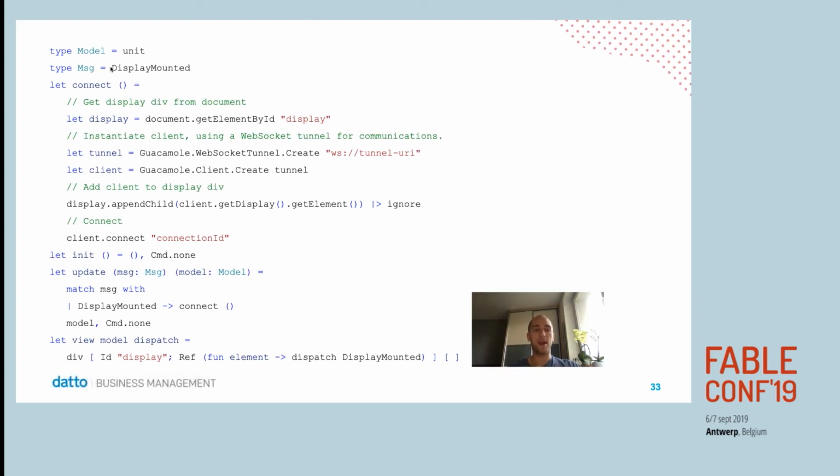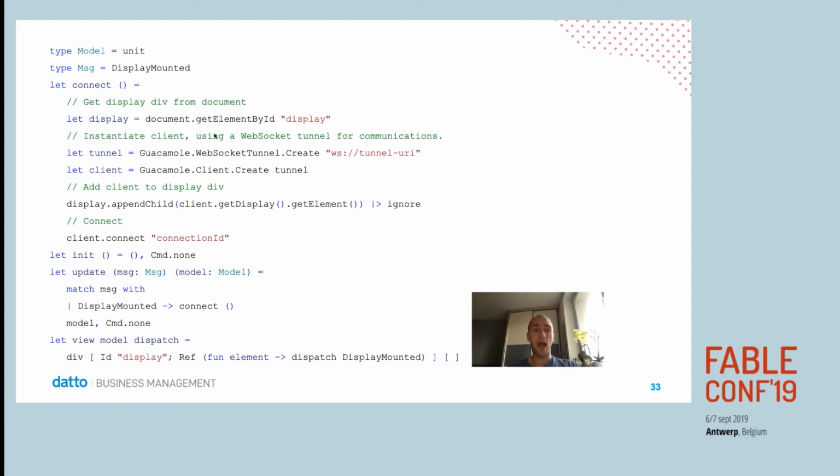And then I extracted the connection logic into a connect function, so I'm no longer doing that in the init function, but instead, when the display mounted message comes to our update function, we then call connect. So now this logic will be called whenever the display is actually mounted,